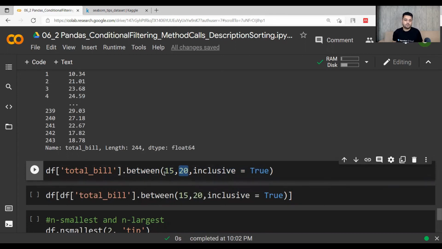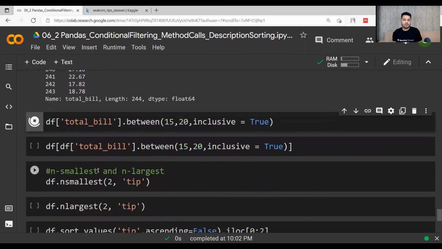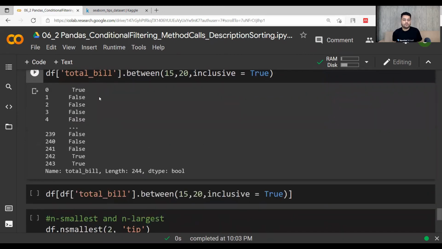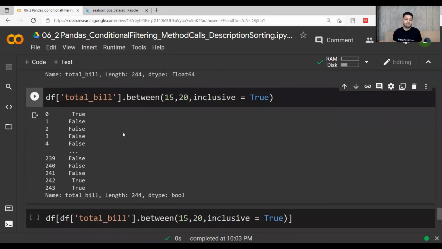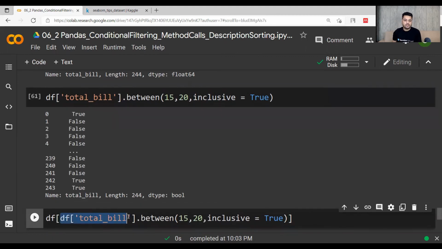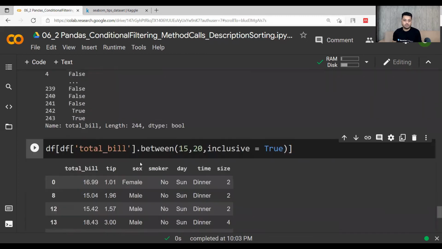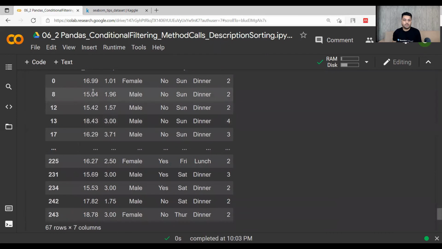If the total bill is $20, I want to include that. If I run this, all the total bill values between 15 and 20 will be true, otherwise false. By default it gives me boolean values. But if I pass this over a data frame, it will give me all the rows having values between 15 and 20. If you see the output, all the total bill values are between 15 and 20.